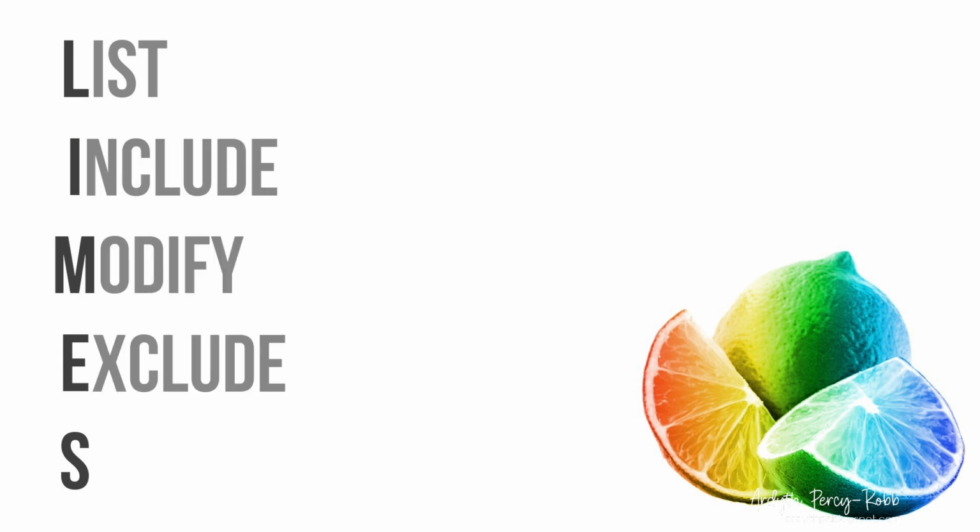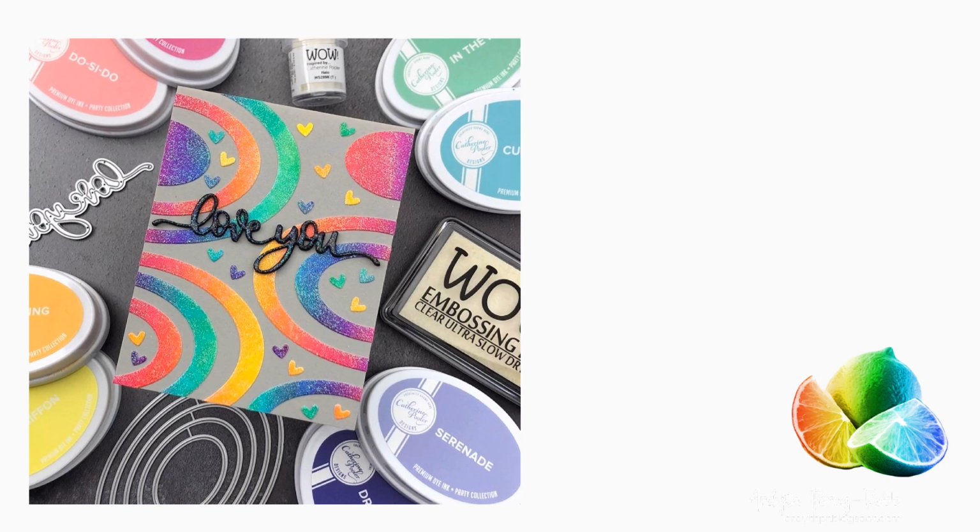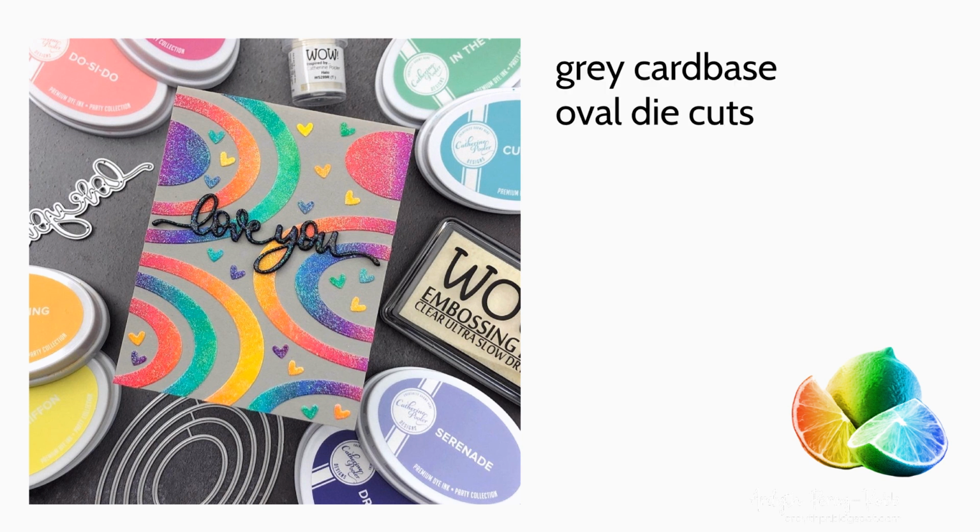First, a quick refresher. LIMES stands for listing the elements of your inspiration, deciding what to include, modify, and exclude, and how you want to put your own spin on it. Here's the inspiration I chose from Erica. Let's list the elements. A gray card base, oval die cuts inked with multiple rainbow colors, hearts, and a black